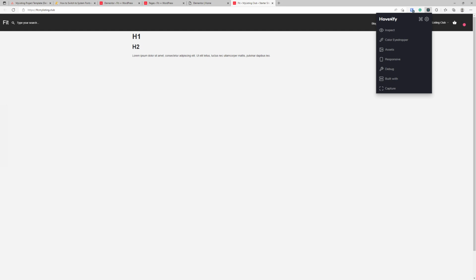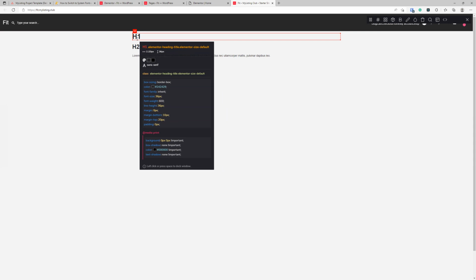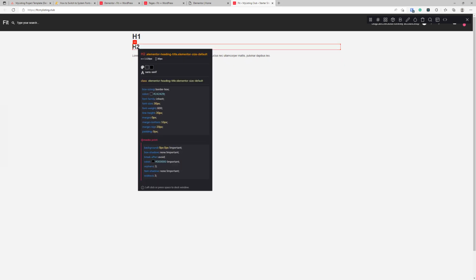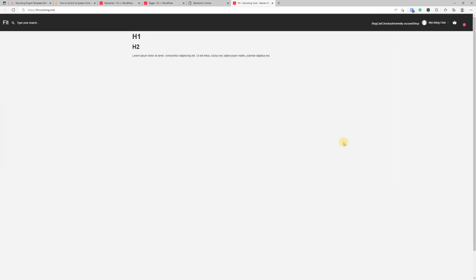So we fire Hoverify up, we click inspect, and if we look at H1, we see that it just has a sans serif. Doesn't really have anything associated with it font style wise. Okay, so what we're going to do, let's also add